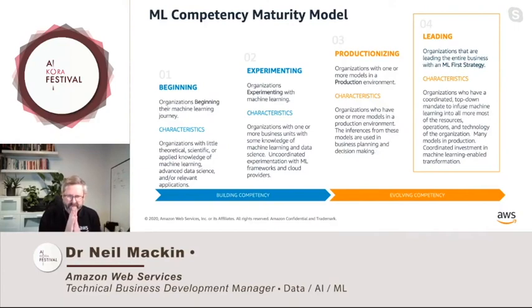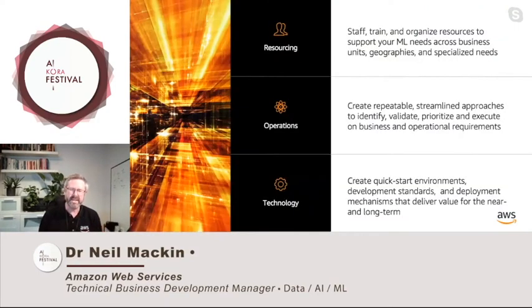And we're seeing kind of patterns. There's probably 3 key pillars that you need to work on to move to the right. And the first one is getting your staff, your people, to get the skills, to develop the understanding of how to do this capability, how to use it, to get that abilities there. Operations, how to actually understand which business problems to solve, and how to feed that into the business and process that you've already got. And really at the bottom, underneath all this, is getting the right kind of technology.